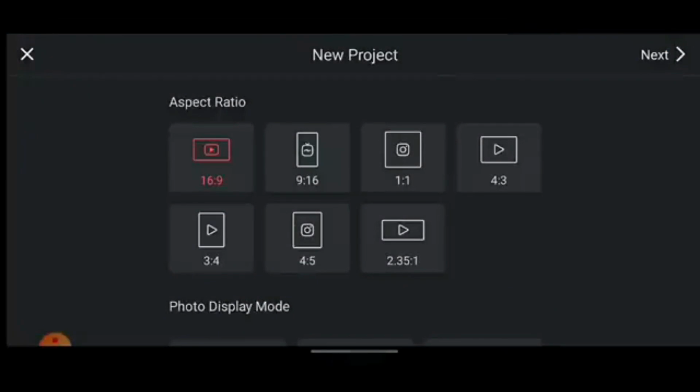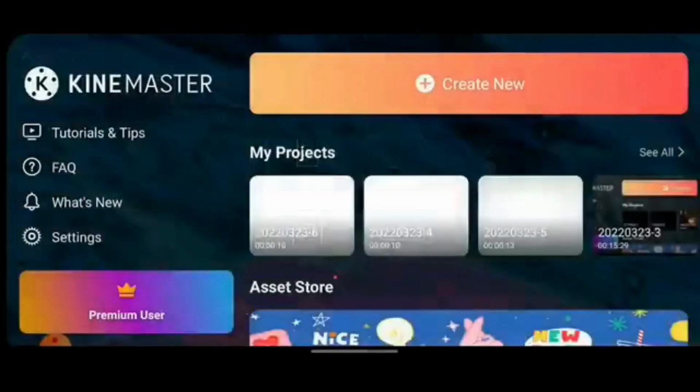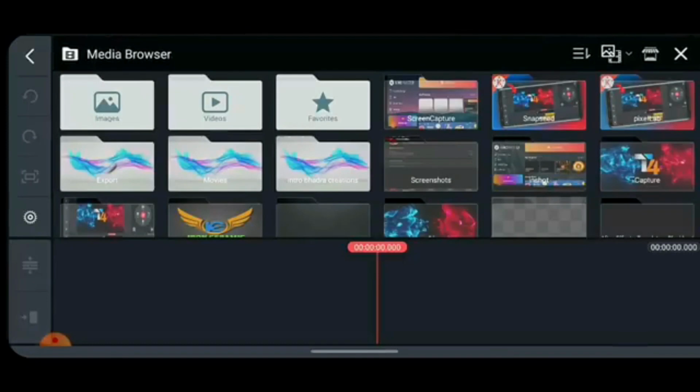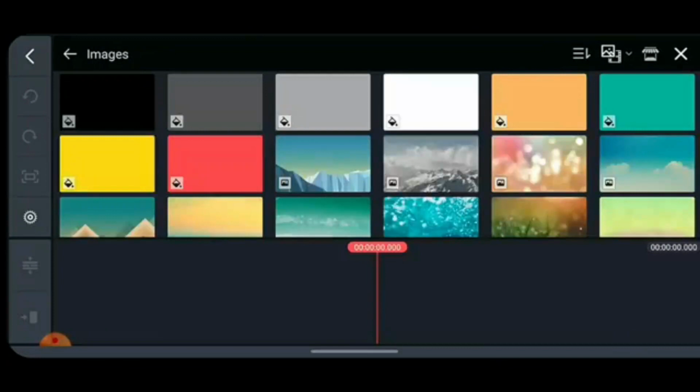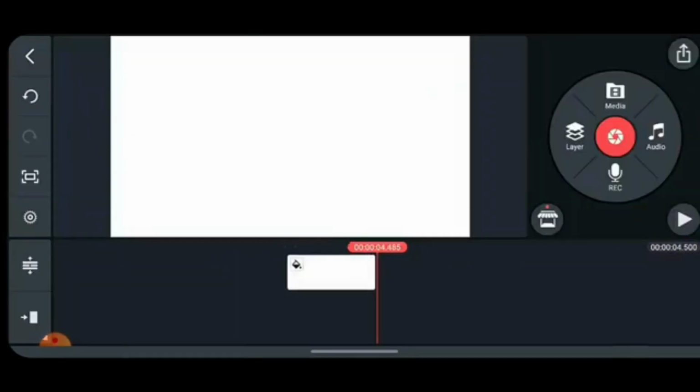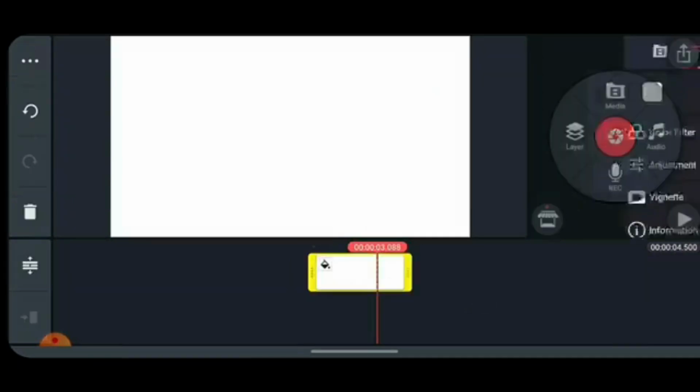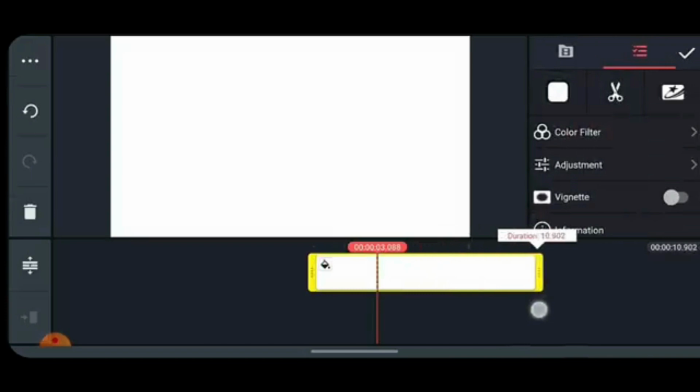Choose your aspect ratio and go to media. Choose color white. Resize it and make sure you extend it to like 10 seconds. Then go to,